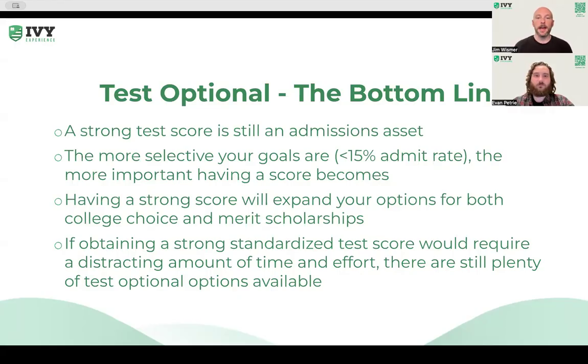Now, generally speaking, when you are applying to highly selective schools, and we're choosing to define that in this example as any college with less than a 15% acceptance rate, the score is more important. That's because there are so many strong applicants that having that one more point in your favor is generally going to help you more. Whereas if you're applying to a college that you're otherwise overqualified for or that admits 70% of students, it's less significant to the decision whether or not to send the test score.